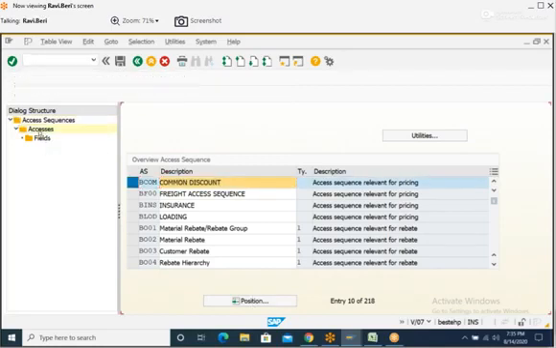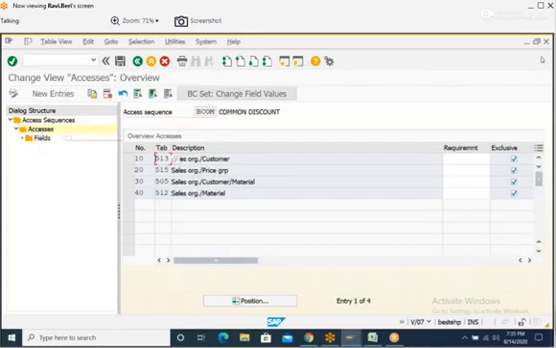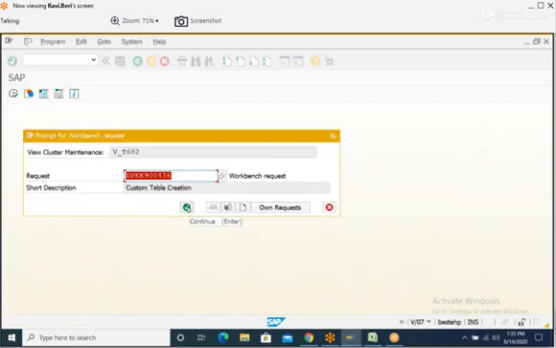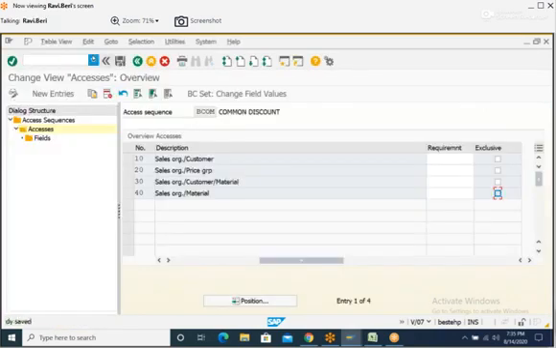Go to accesses. Okay, now we'll see the result of this.